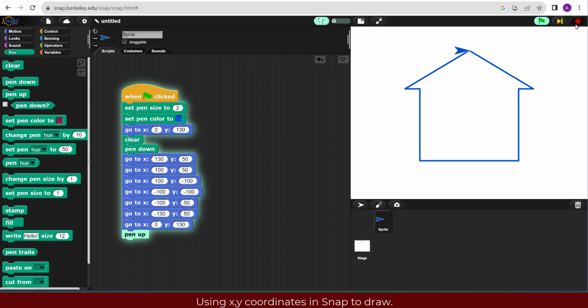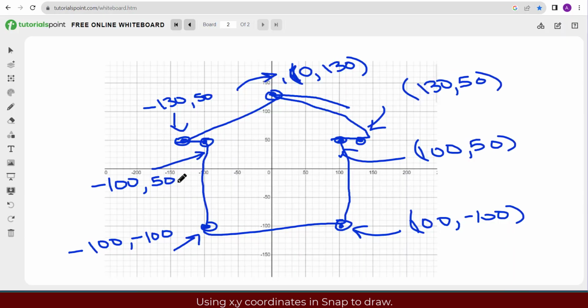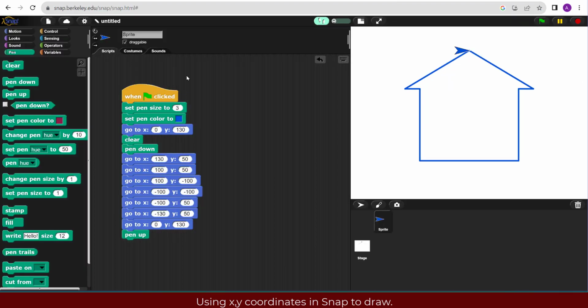If you need help with saving and sharing, there's another video on that. I am going to do it real quick just to show you. But this is kind of the goal for the project, is to create some sort of design, graph it using Snap, and then save and share that. So